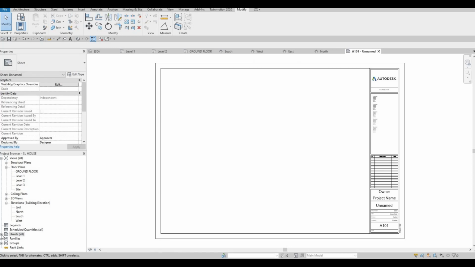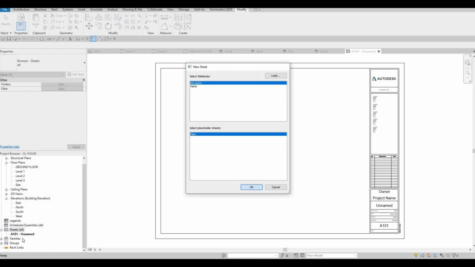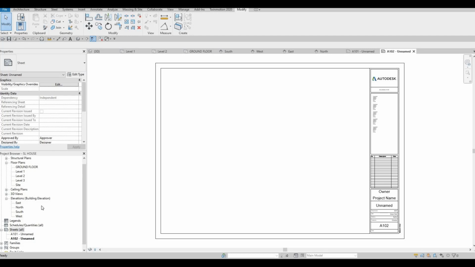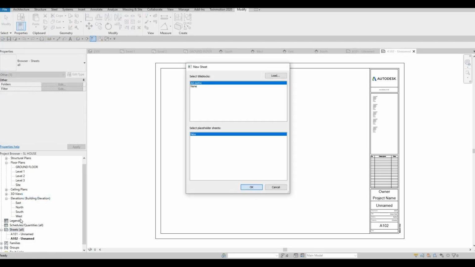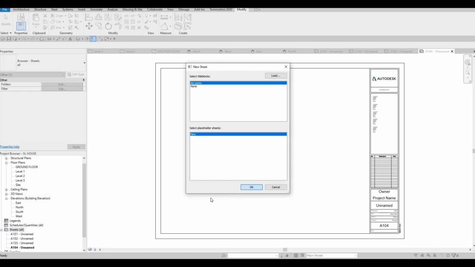Once we do that, as you can see, there's a plus now beside this. It created A1001 and it's a name. So now, like I said in the earlier video, Revit recognized the sequence, and then every time we create a new sheet, it will make it in sequence with that. So here I'm gonna do 5 sheets for now, and then once we have 5 sheets,